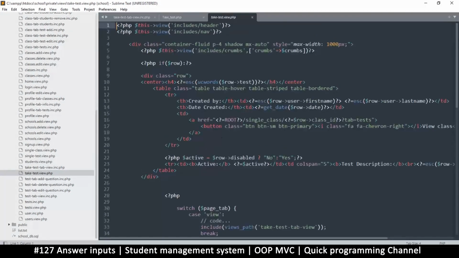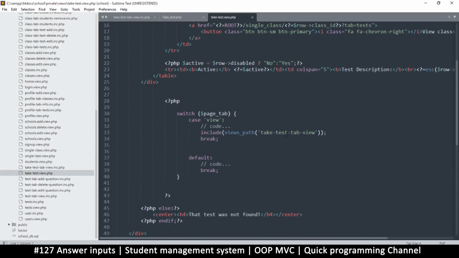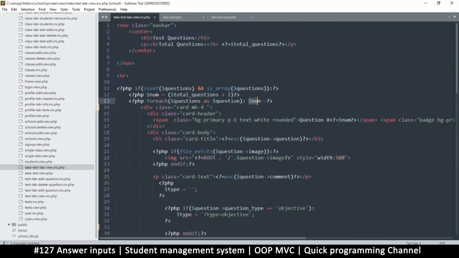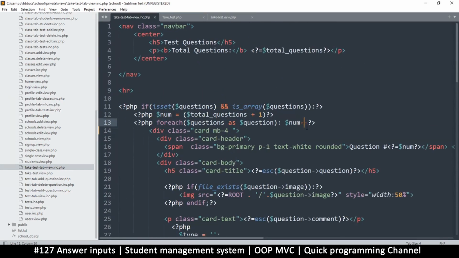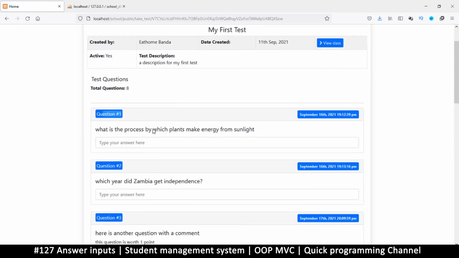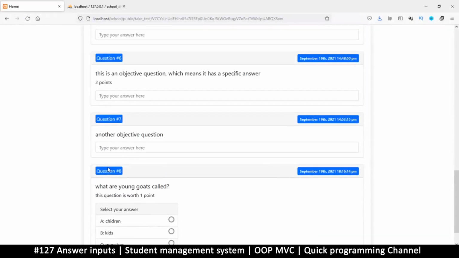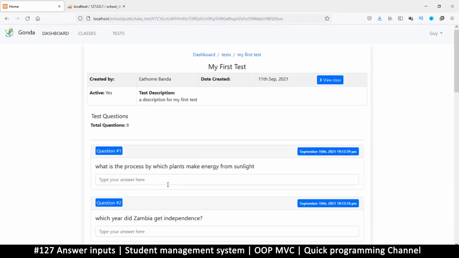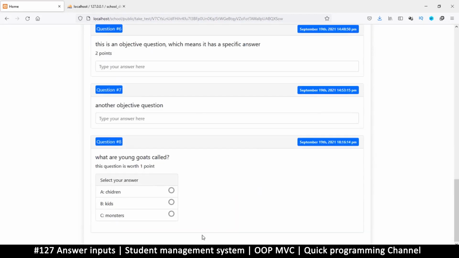So this is where the num, we used a variable called num. Actually, it's right in here. We didn't need to go anywhere because there's num right here. So num is going in reverse order. So instead of looking at the total questions, we shouldn't mind. We should just put this at number 0 and then use ++ here instead. So there we go. Let's refresh. And so we have question 1, 2, up to question 8 down here. All right, pretty cool. So now somebody can write their answers, and then we need a button down here at